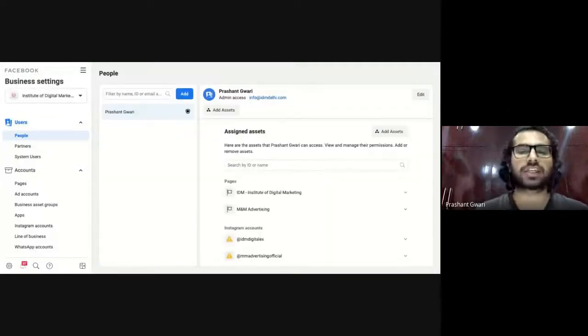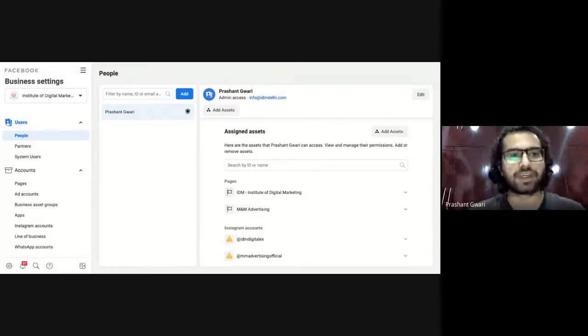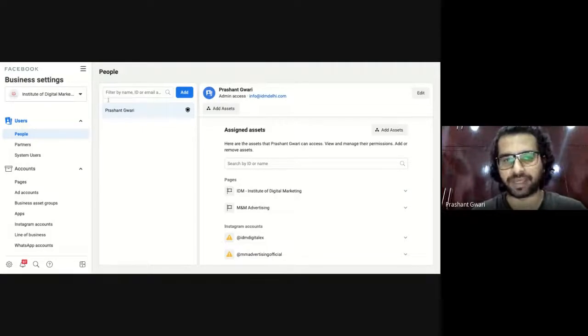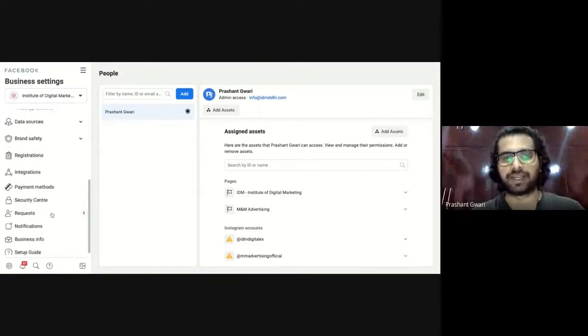You can give access to everyone for your Facebook and Instagram page. You can create an agency Facebook ad account. You can verify your Facebook and Instagram profile from here. There are lots of features available here, either it's about